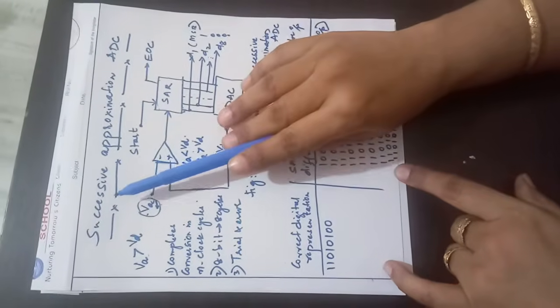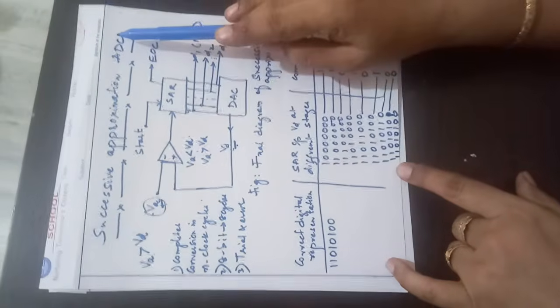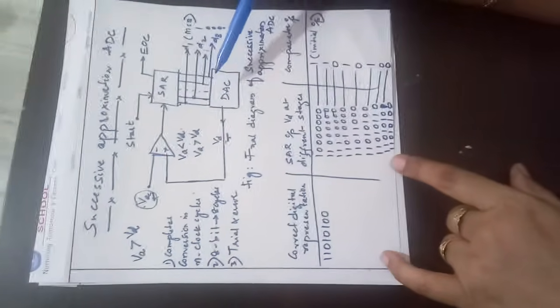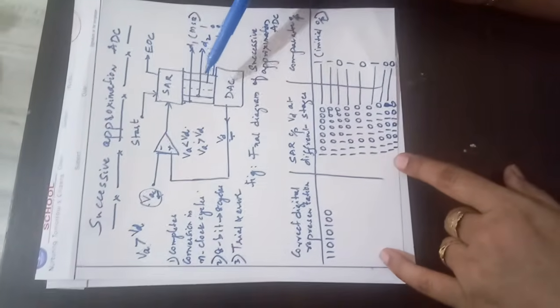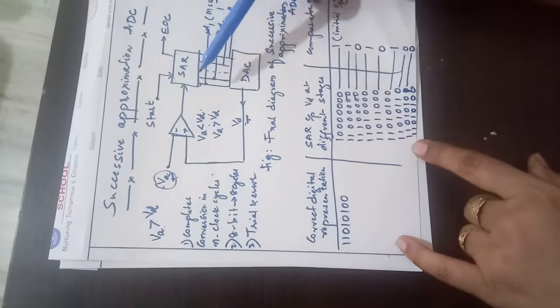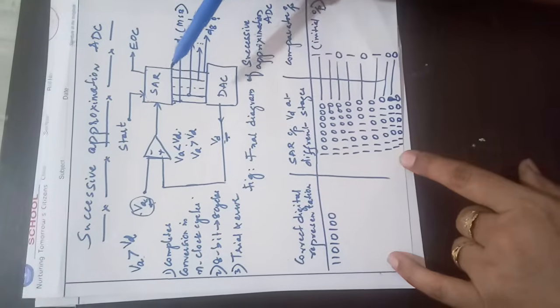Today we are going to see a successive approximation ADC. In this successive approximation ADC, I have drawn the circuit diagram of this. So before going to explain the circuit diagram of the ADC, what are the characteristics of the ADC? Here you see